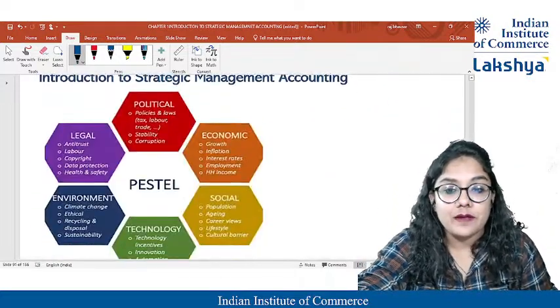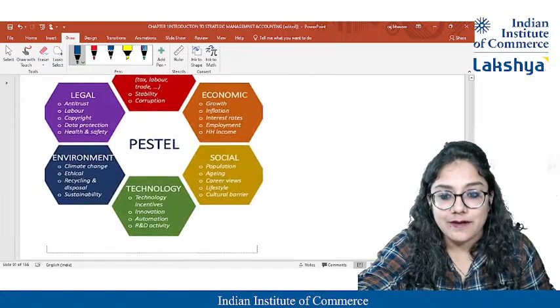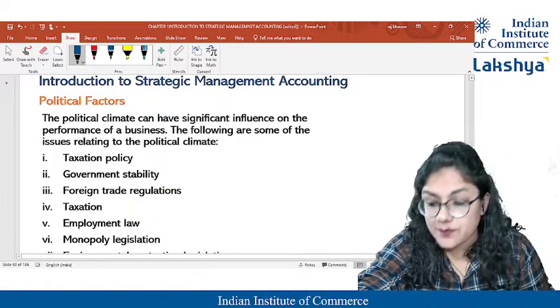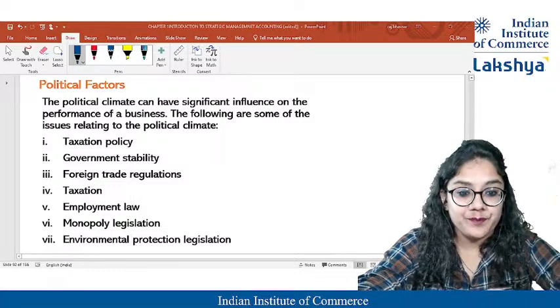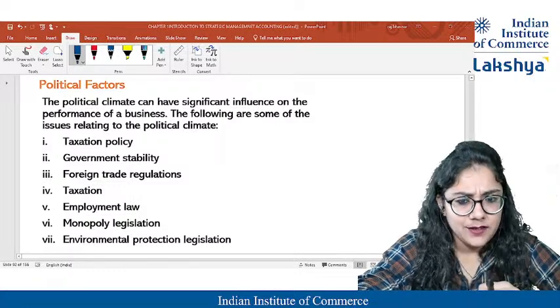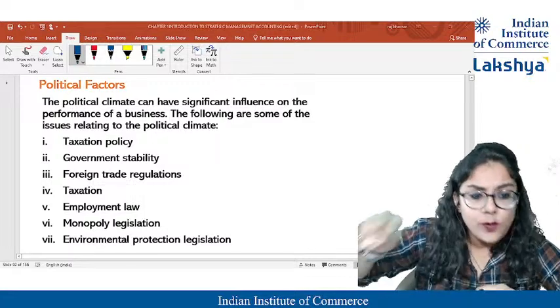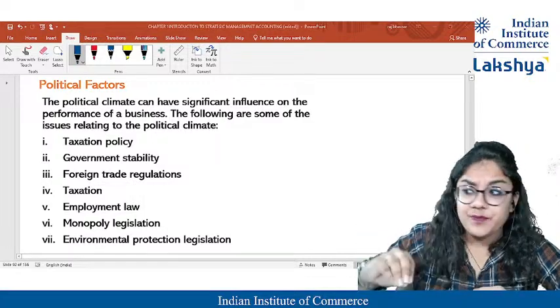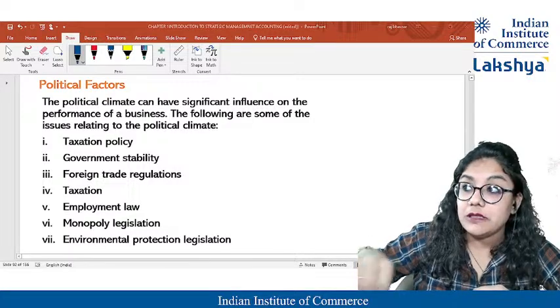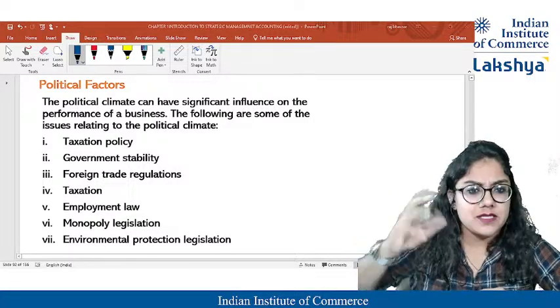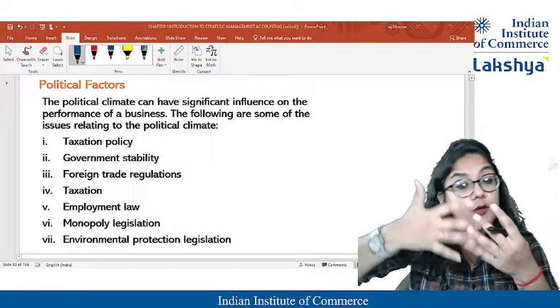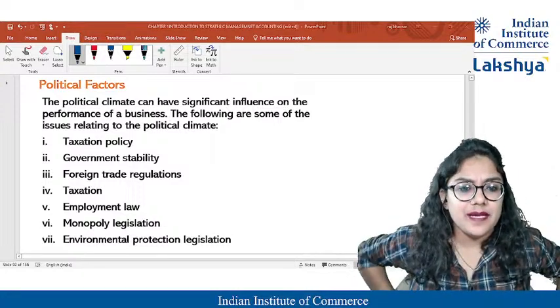First, I'm not reading it, I have already read it. Political factors: if I'm engaging with a company where I feel the market environment is not stable, that means the government today puts up the tax rates, tomorrow exempts it, and the day after tomorrow puts it up even more. Is that stable?